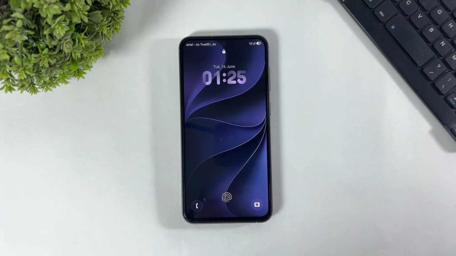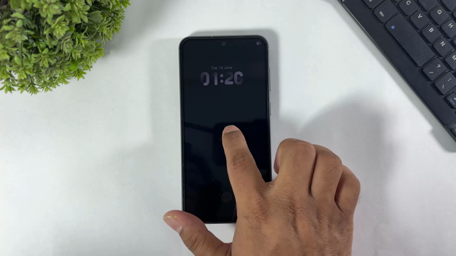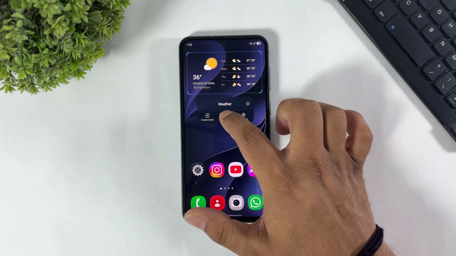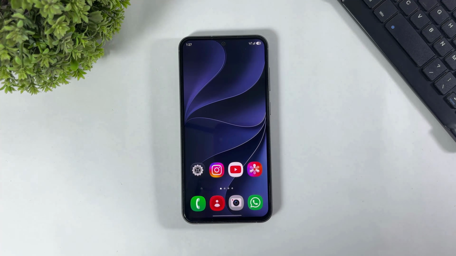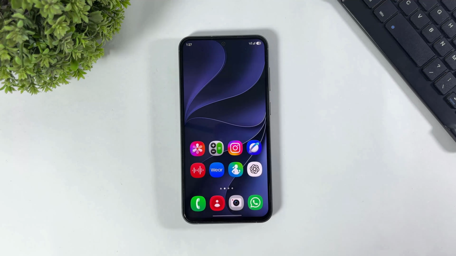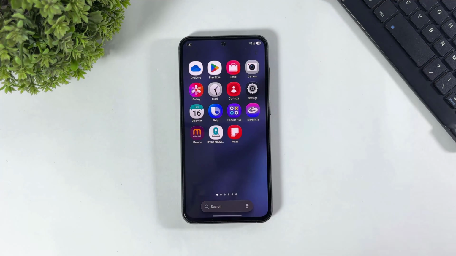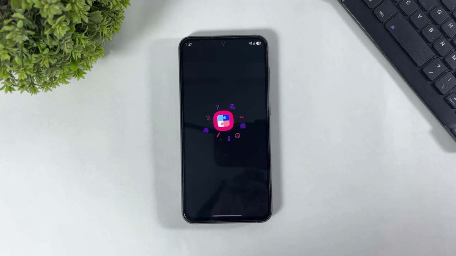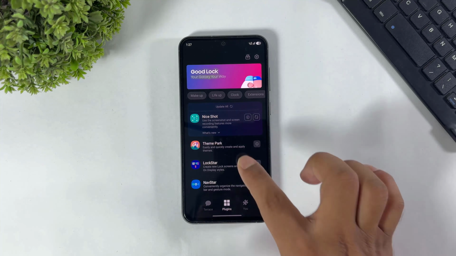So let's begin. Okay, first look at this home screen. Remove all widgets. Now first I will set glass icons, then simply go to Good Lock and go to the Theme Park. After go to Theme Park,